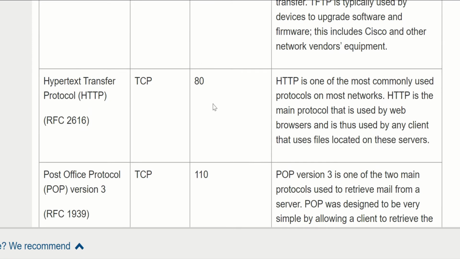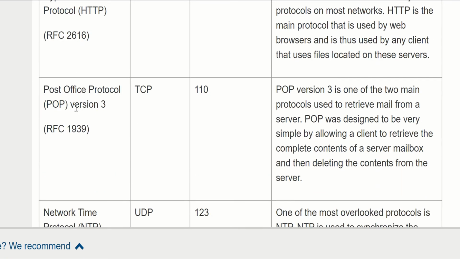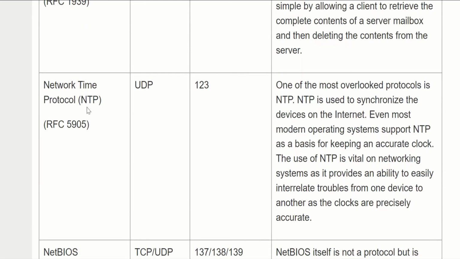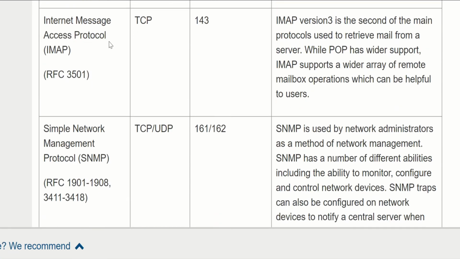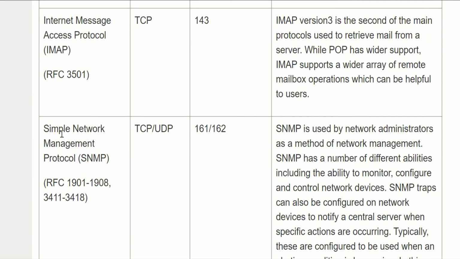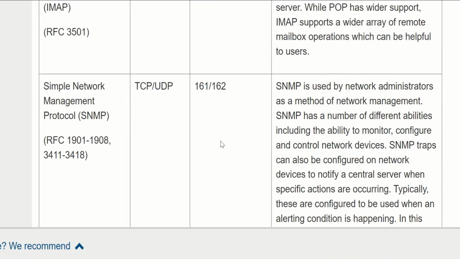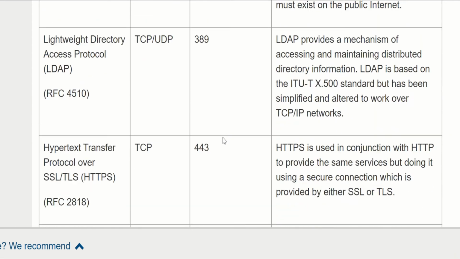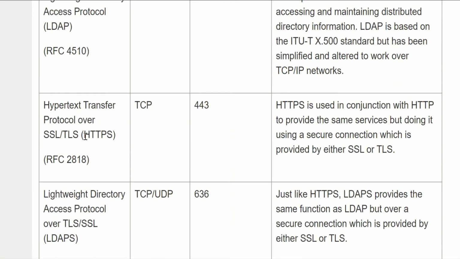These are not that important. HTTP 80, NTP 123. Internet Message Access Protocol 143. Simple Network Management Protocol 161 or 162. HTTPS 443.